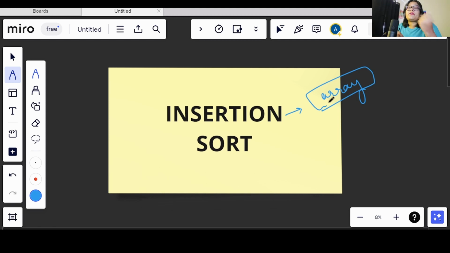Previously in bubble sort we saw that we swap the values and then our array gets sorted. But now we will see a new way in which we insert the value. The index at which the value is getting inserted will be stored in another temporary variable. We will not be swapping the values here. We will be inserting a value at the index, and that way we will be sorting the array.